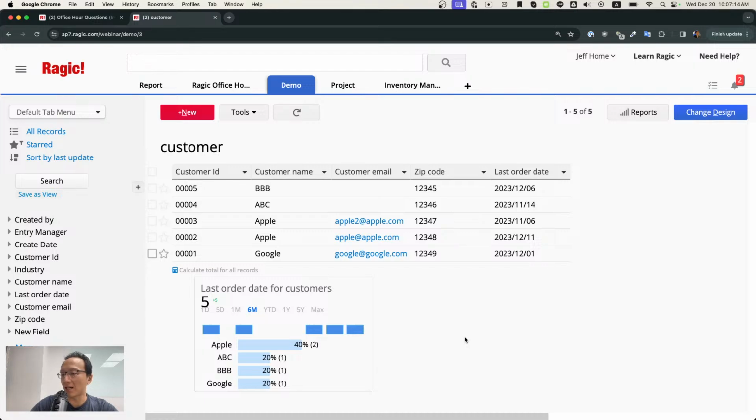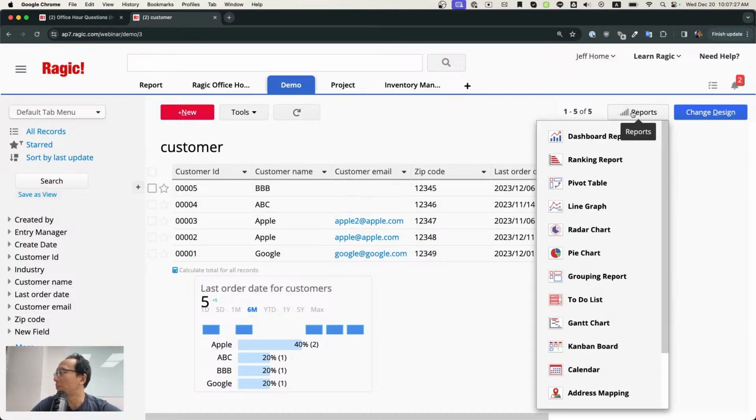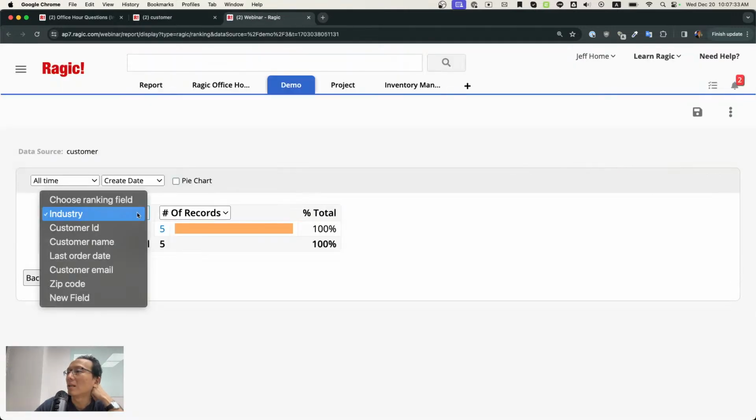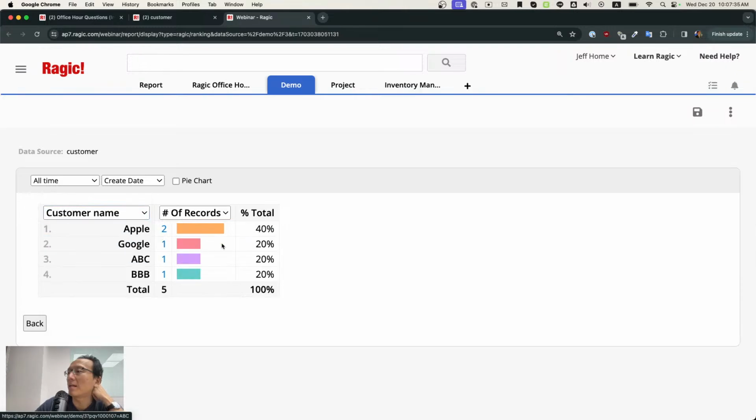Okay, so this is kind of the simpler way to generate column data on your sheets, column chart data. And for other types of reports, I would say you could do a ranking report like this, and you can have customer name and number of records like this to generate